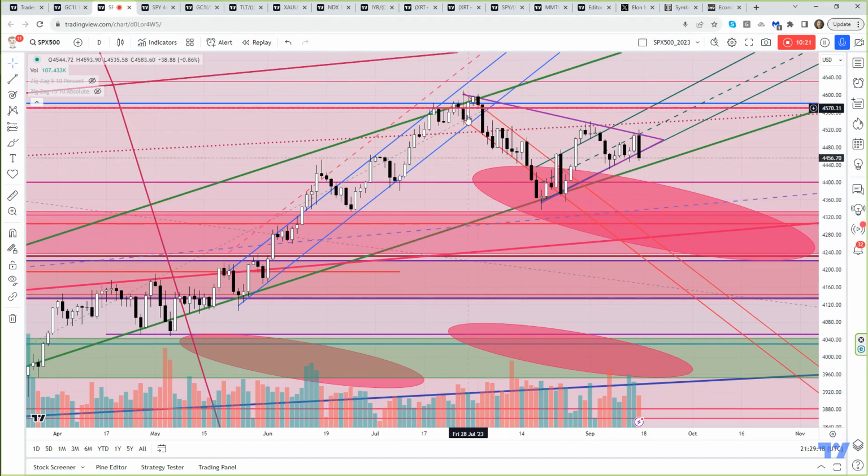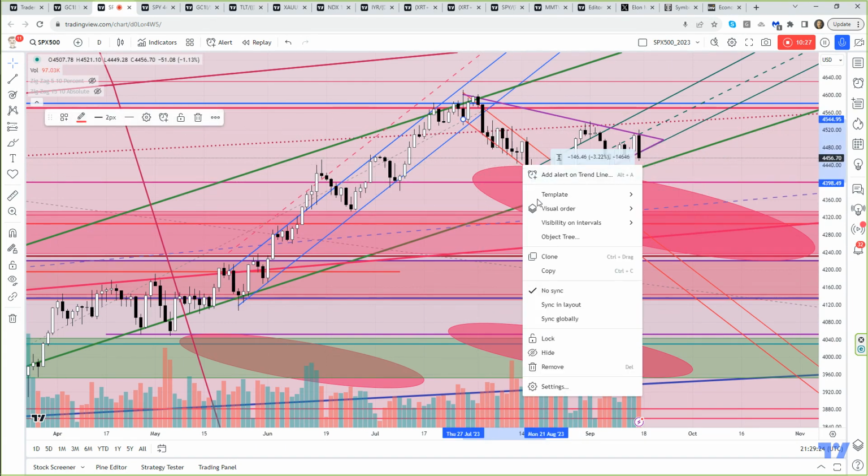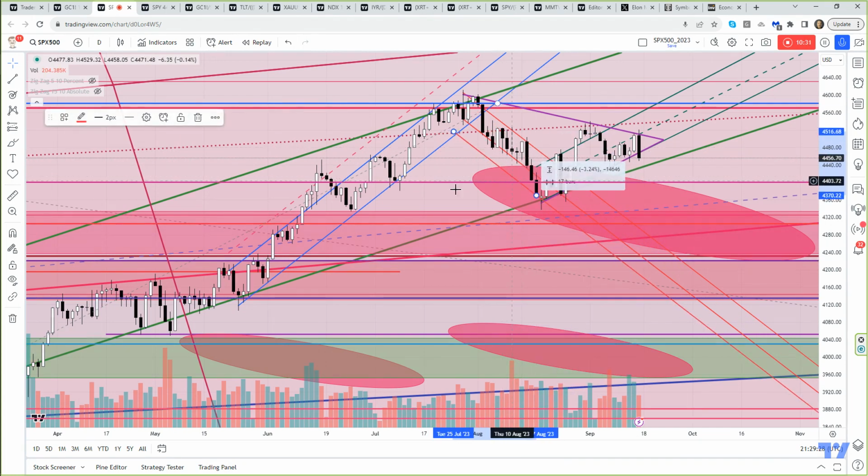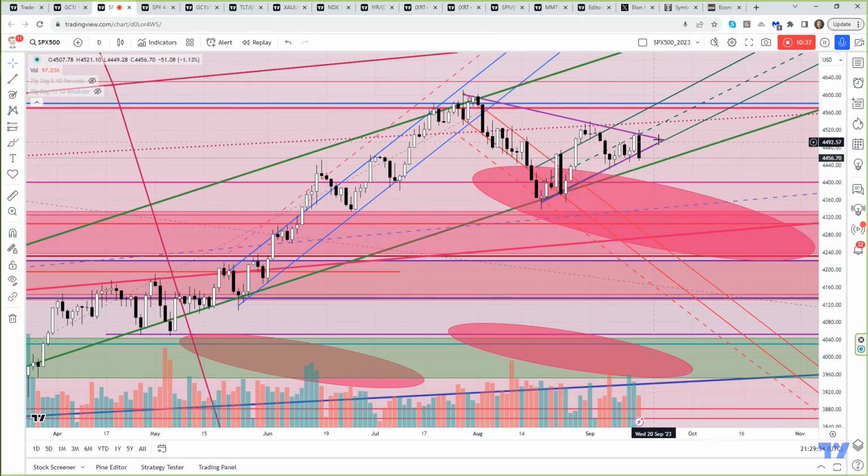We fell in here, we rolled out of it. We rolled into this area, moved into an extreme range out here, and rolled out of it. Now we're in this moderate upward channel, which I've tried to draw with these green lines. I've tried to draw a middle channel around these rejection areas.